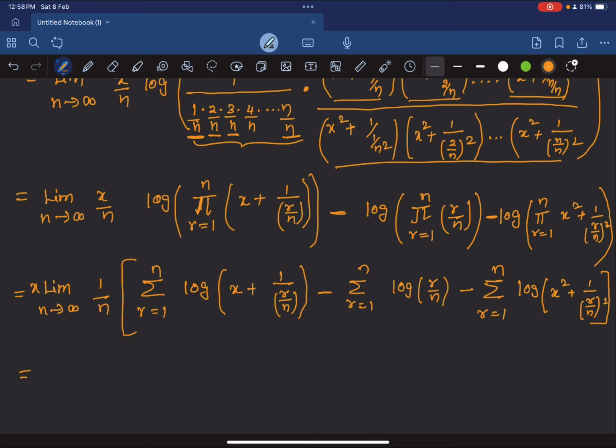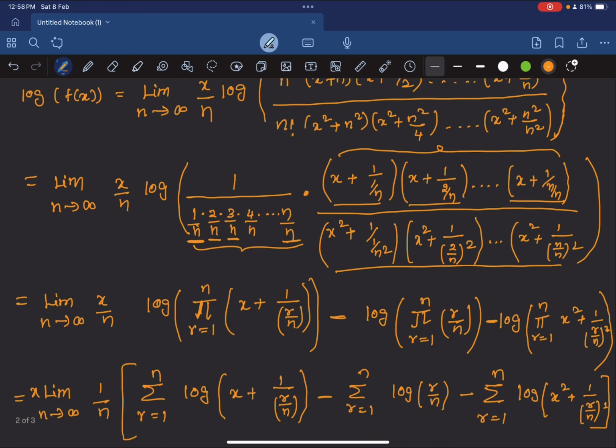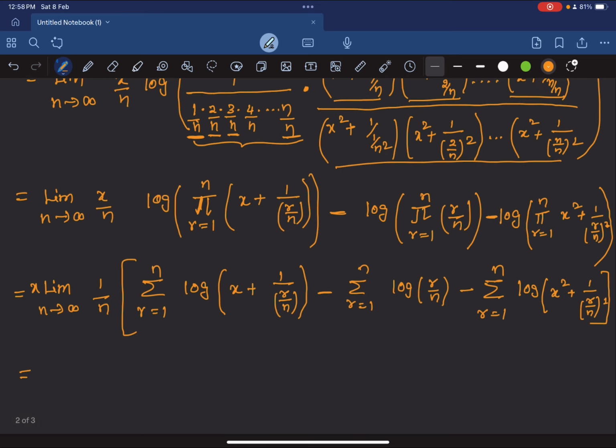Now if you compare this with the result that we have, limit n tends to infinity 1 upon n summation r equals 1 to n f of r upon n. So this is also limit n tends to infinity 1 upon n, then you have summation and some function where you have r upon n. And similar thing with this, limit n tends to infinity 1 upon n summation and then some function in r upon n. Similar thing with this as well. So we can rewrite this as,